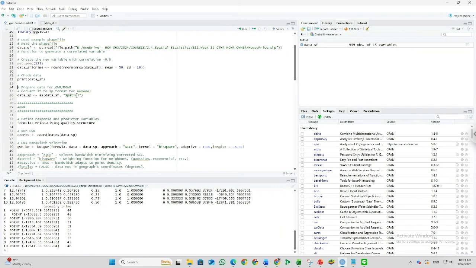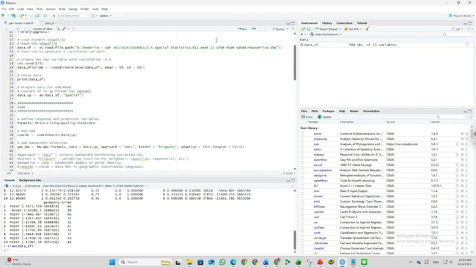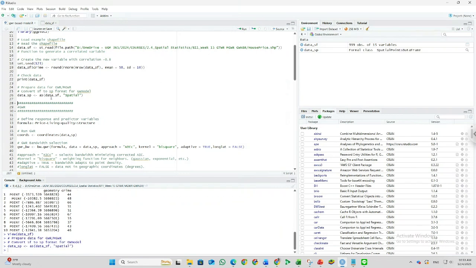Okay, so the data is ready for the GWR, MGWR, and also the other GWR models. But because the data here is just the saved file, we can see it is a table. So we need to convert our data into the spatial format.